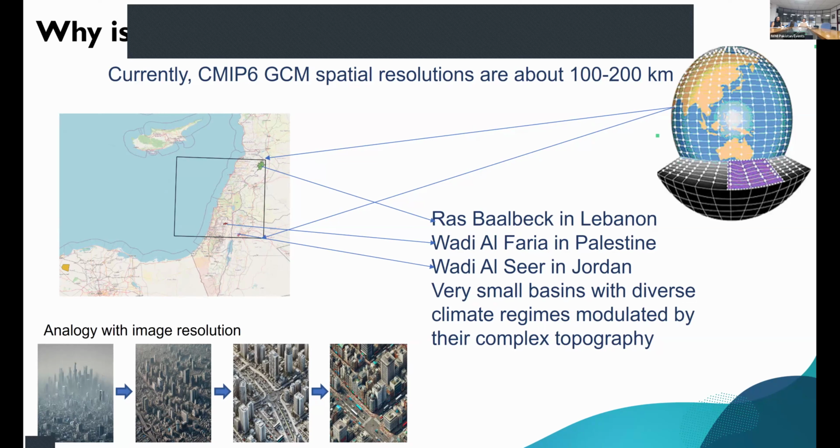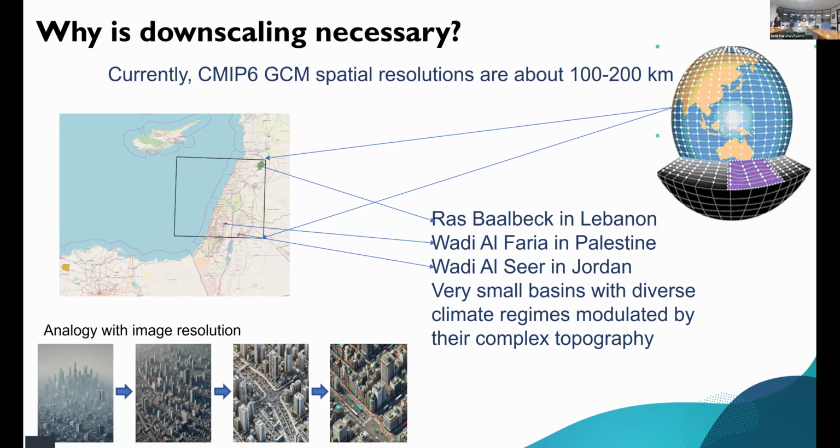So you can see our region of interest, and the black box in the image represents a typical 200 kilometer by 200 kilometer GCM grid cell. As you can see, it covers multiple basins across 3 different countries: Ras Baalbek in Lebanon, Wadi al-Fari'a in Palestine, and Wadi Sir in Jordan. And so these basins have completely distinct climate regimes in terms of temperature and rainfall and extreme events, but they will